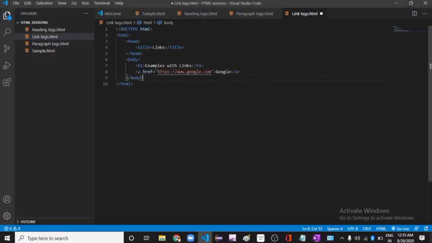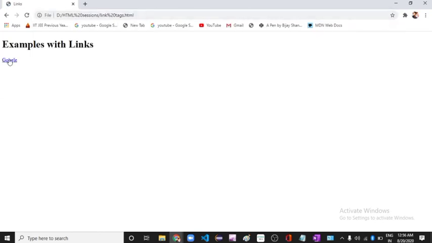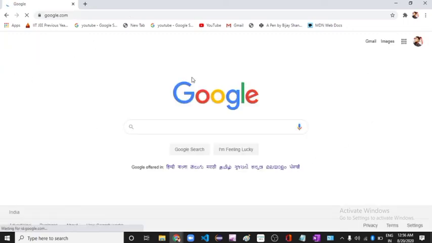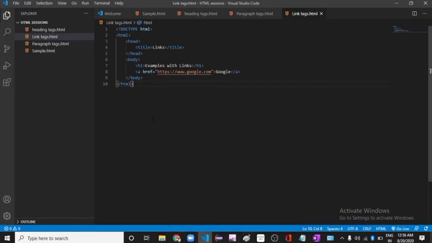Now save with Ctrl S, copy path, and see how our program looks. You can see we are getting a link of Google. If you click it, we proceed to Google. So this is working with link tags.